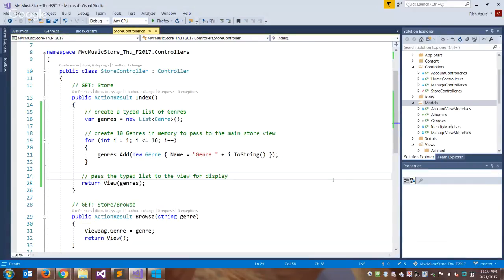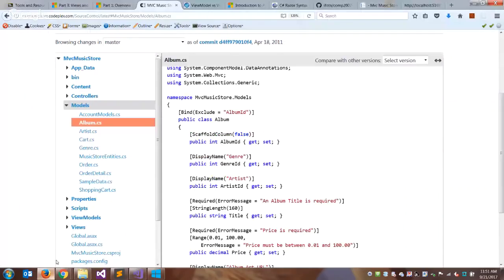Now, somebody asked a good question in yesterday's class. They said, if we have a relationship between genres and albums, is it possible, if we're going to pass the genres this way, could we also pass the albums along with it? The way that Microsoft's data model works, it's kind of neat. We don't explicitly have to. If we look at the full source code,